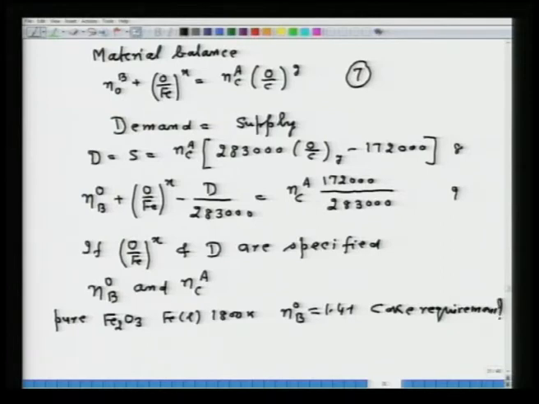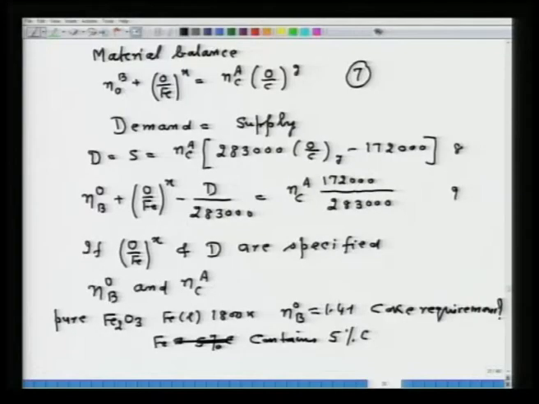We have to find out the coke requirement, and the case in question is producing iron which contains 5% carbon. It is not a pure iron, it contains 5% carbon. So, let us calculate the amount of coke that will be required. Amount of coke required means you have to calculate the active carbon plus the carbon which is entering into pig iron, both, because the source of carbon for both is the coke.